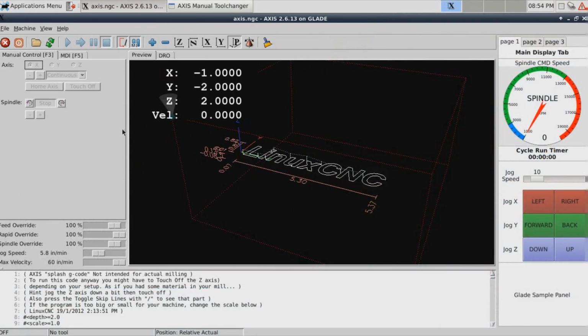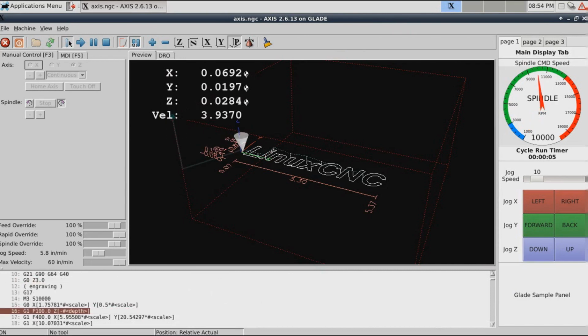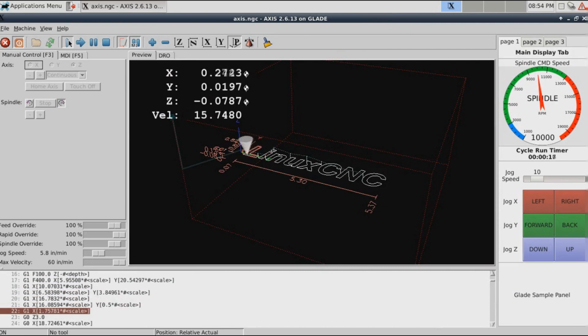You can take a look at the buttons and you'll see the difference here as we switch over to the Glade. Now this is the Glade, and you'll notice everything on the left hand side looks exactly the same. However, when you start looking at the things on the right hand side, you'll see that the spindle indicator, more precisely the dial indicator widget, looks a little bit cleaner, and you can see the way the buttons have a little bit of a different look and feel to them.